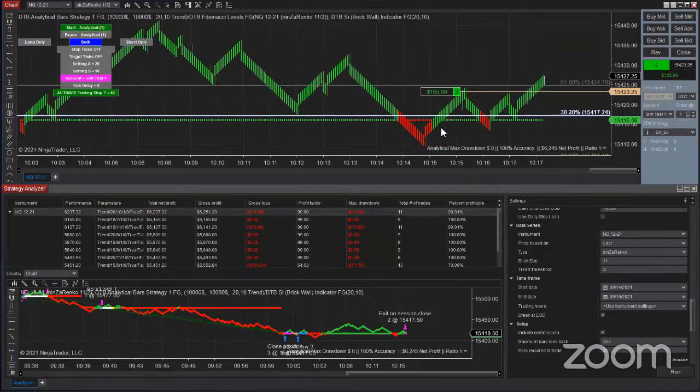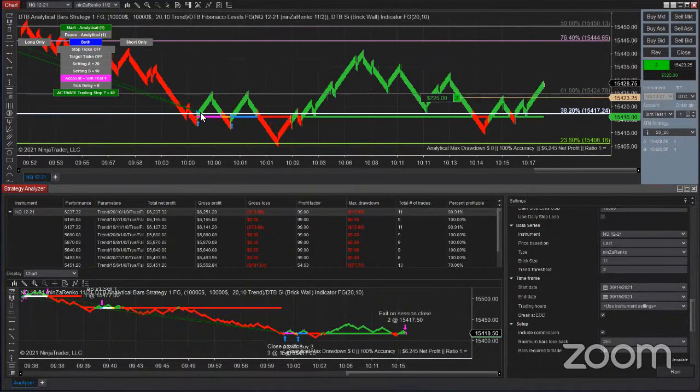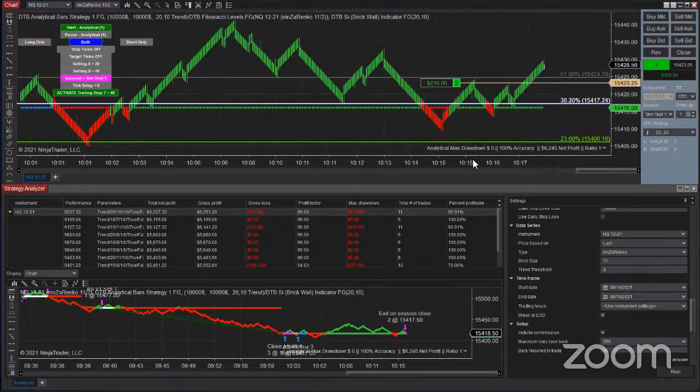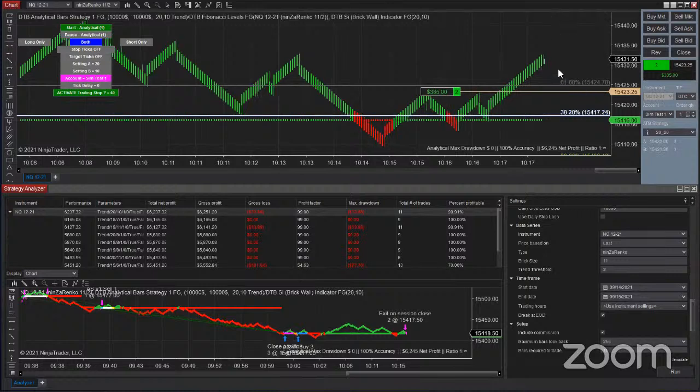Because this strategy has had 2 signals already from this level, so there was one over there and one a little bit further on, it's immediately entering into those positions in that favorable direction. And as you can see, I activated it near this brick wall, which is a good thing to do. I'm going to watch out for the 61.8. So if the price comes and breaks below the 61.8, I will just pause the strategy. But we do have a decent amount of room above the 61.8 where there is no real threat of any